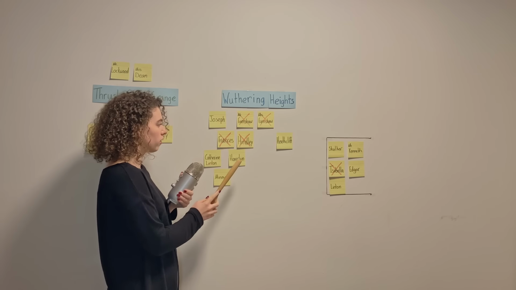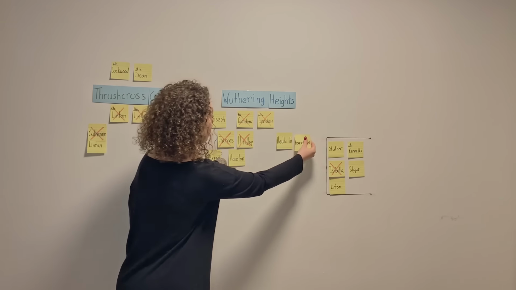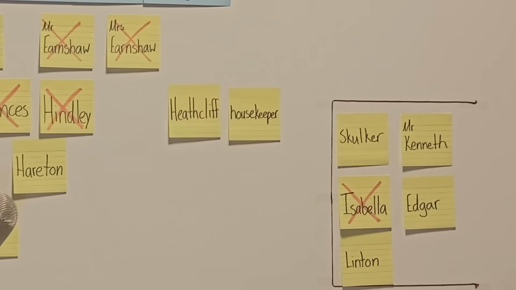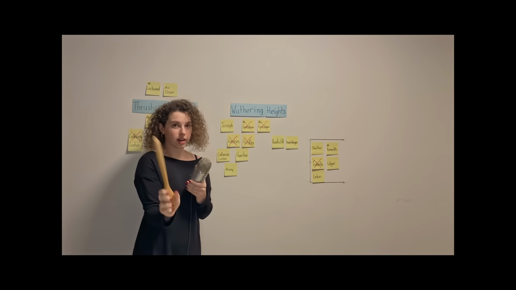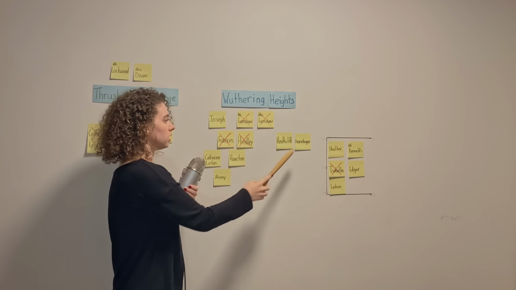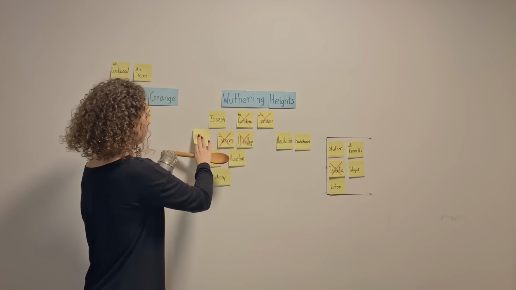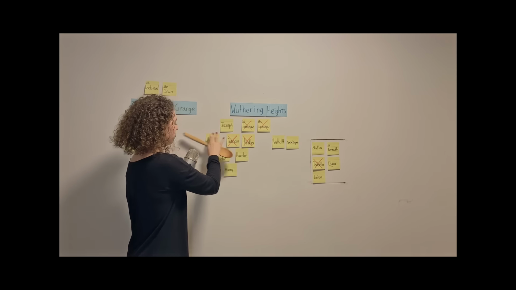She's there with Hareton because both Heathcliff and Joseph are away, but there's also a new housekeeper. This is not Zilla, the present day housekeeper. This is a different housekeeper. Catherine is at the Heights with Hareton and this housekeeper. When Nelly finds her, she comes over here, okay, to be like, Catherine,